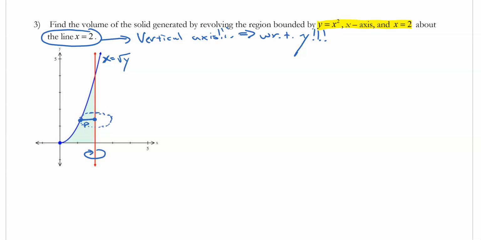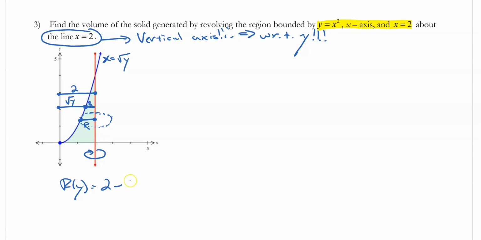That's a perfect disk. It's a perfect filled-in circle. So now how are we going to calculate r? Well, from here to here, that's our function. That's root y. And then from here to here, that's 2. It's always a distance of 2. So if I did right minus left, 2 minus root y, I would get this part right here, which is my r. Okay, so r of y is